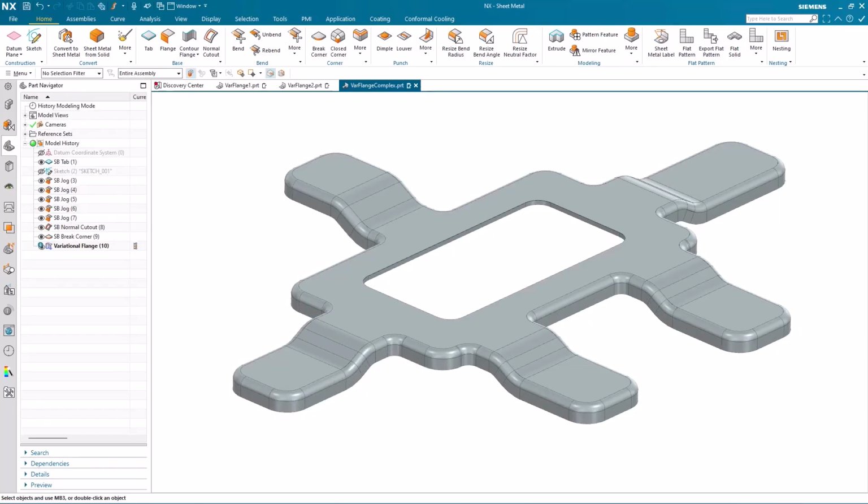Just to recap what you've seen, we've taken a look at the brand new variational flange feature in the Sheetmetal application in the December 2023 release of NX, that allows you to create complex flanges by selecting any tangential set of edges, with the ability to vary both the length and the angle to construct the sheet metal